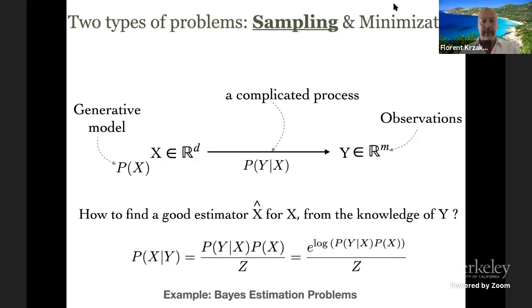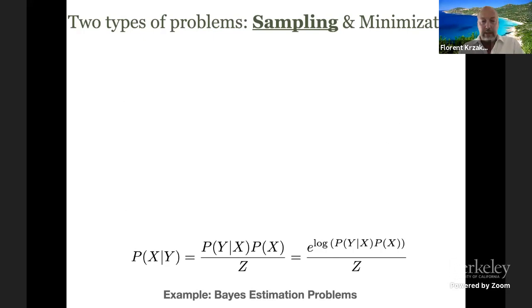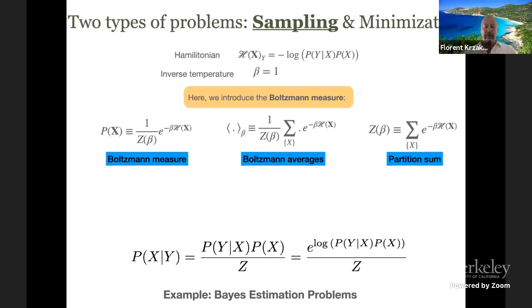And if you want to do Bayes estimation, of course, you're using Bayes theorem, and you write the posterior estimation, P of x given y, just P of y given x, P of x over a normalization. All right, so the trick is to rewrite this as taking the exponential of the log here, and it doesn't make a big change, but suddenly you can write things with the statistical physics notation, which are extremely simple, right?